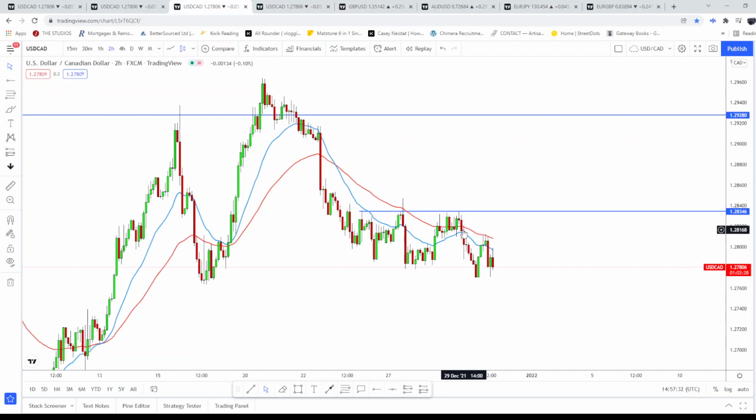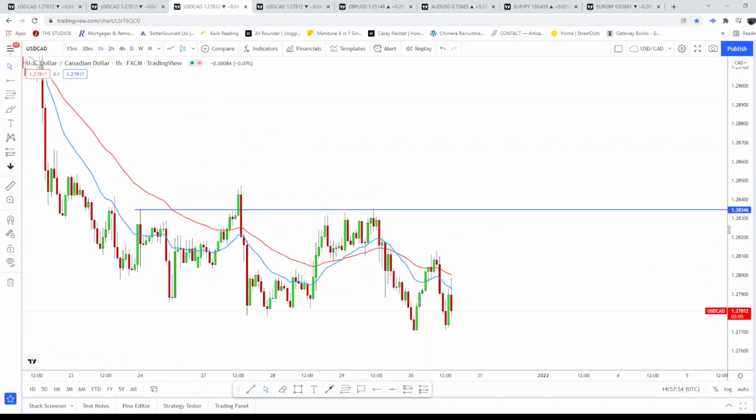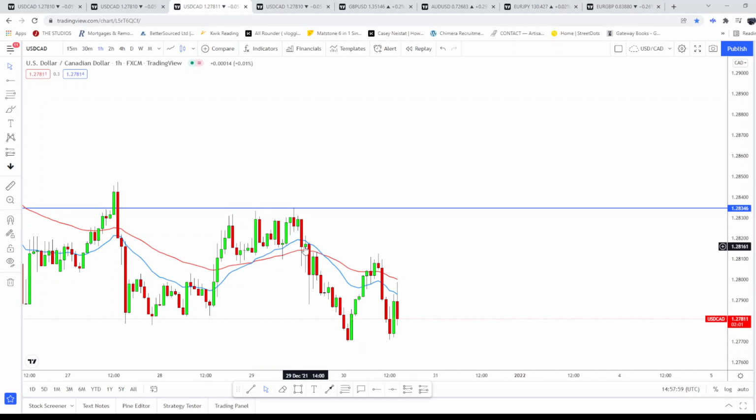The opportunity that I can see here is that after this bearish hanging man is a good opportunity, as well as over here, and with the right stop loss and risk reward, you could see this go further down. And then on the 1 hour, we could see further opportunities getting in.